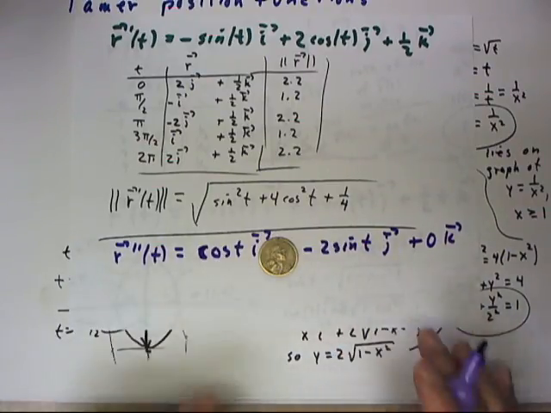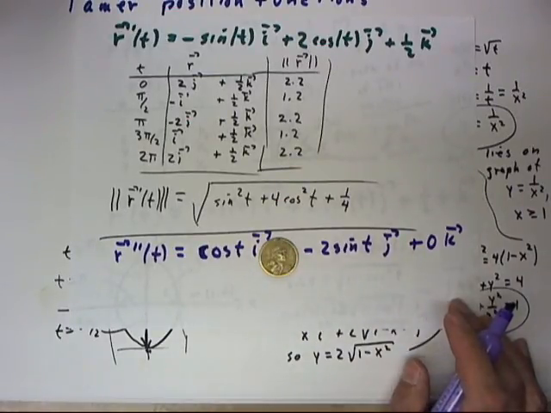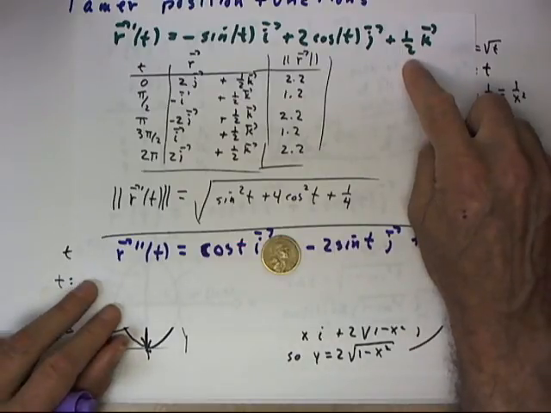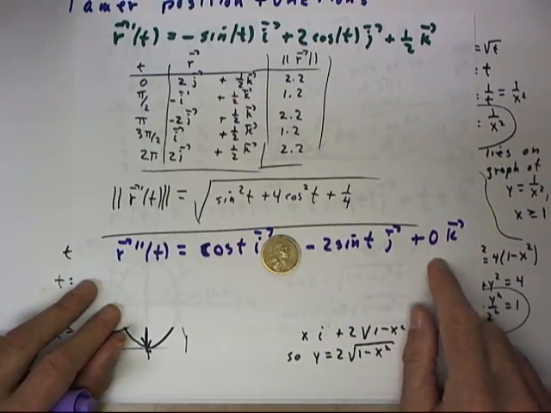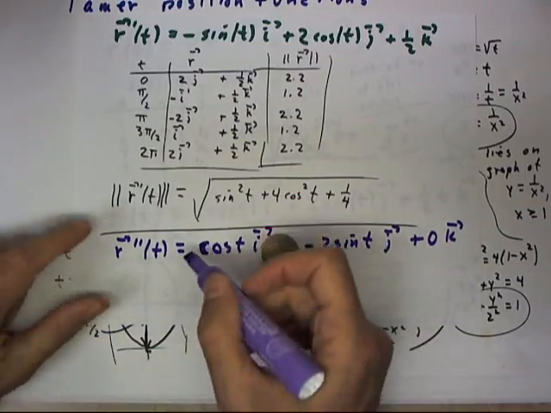There's no k component to the acceleration. The velocity in the k direction is not changing, since the velocity in the k direction is always 1/2. It's not going to change. It's not going to contribute anything to the rate of change. So